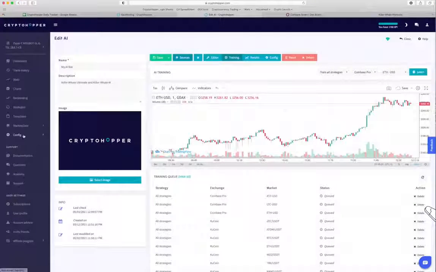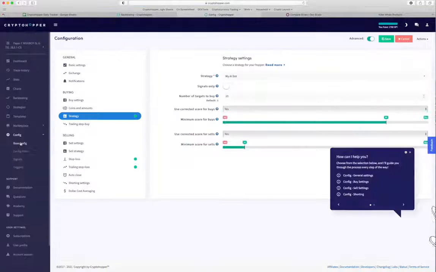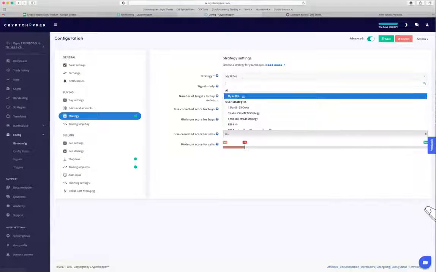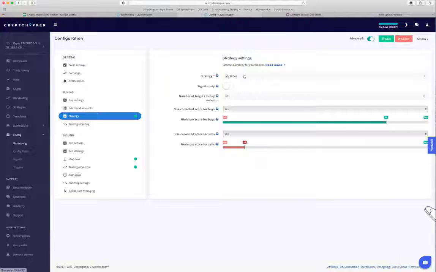Then you need to load it over here. You load it, in this case my AI bot, and you have to have the Hero subscription that's $99 a month. Otherwise Cryptohopper won't let you load your AI bots. That's the only downside, but I think the functionality is definitely worth it. You can select your number of targets to buy here. I've got 10 selected, and then your minimum score for buys. Right now I've got it set at 80. I had it set at 90, but I wasn't getting enough buys, so I've lowered it to 80, and I want to see how that does for me. But again, you can play